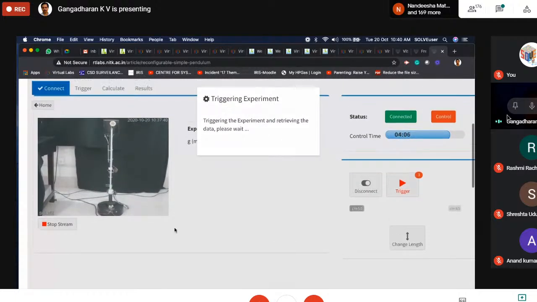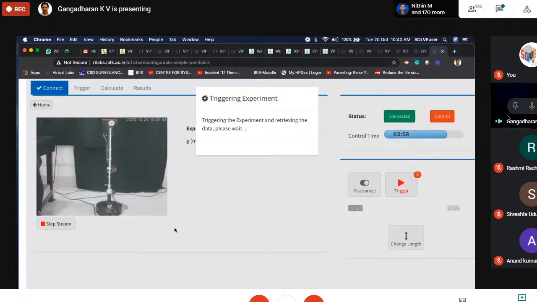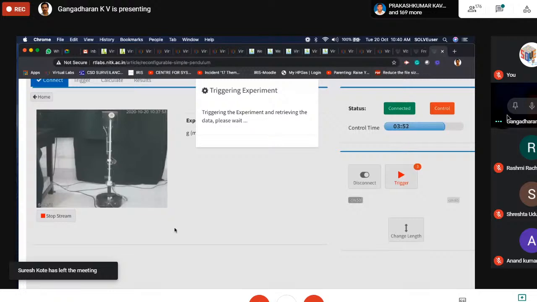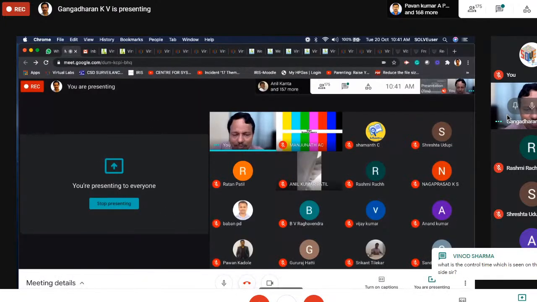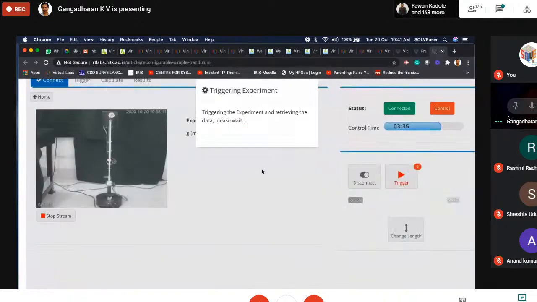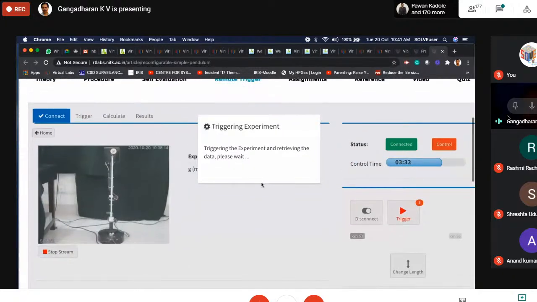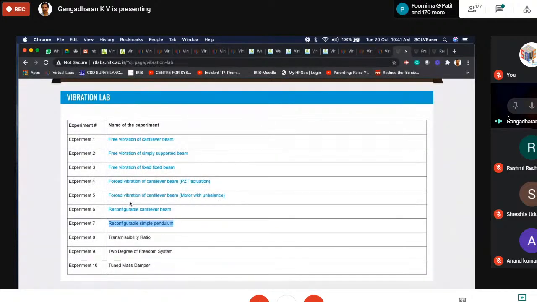It could be due to too much network lag. Once the data comes, hopefully I should be able to show you the variation of pendulum length also. Let us wait for a while. Okay, let that experiment be there. I'll try triggering another experiment on the same. Let me see whether I'll be able to do